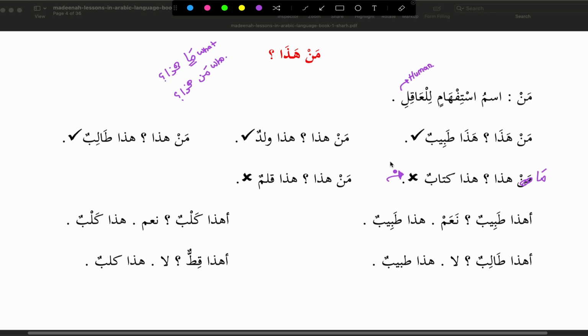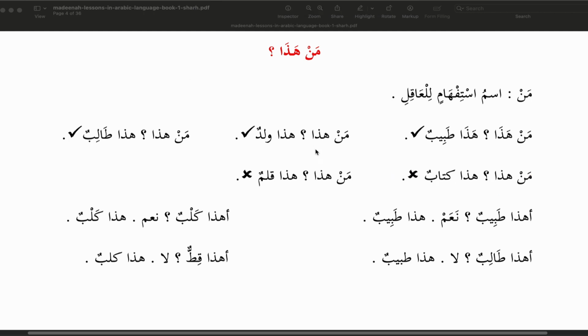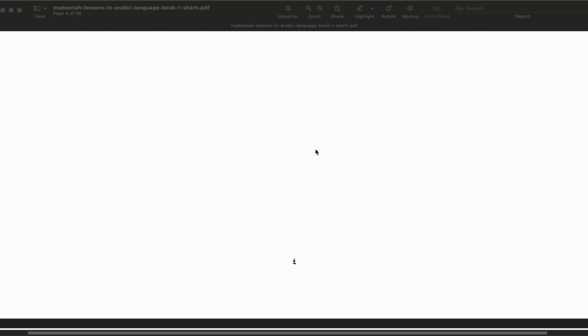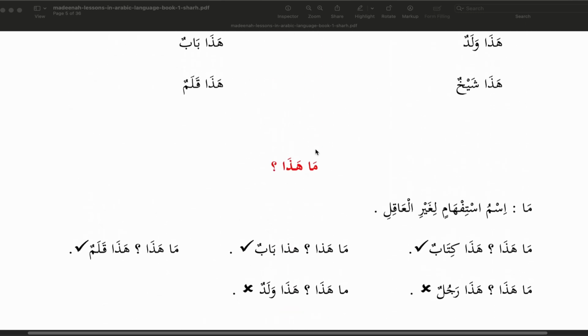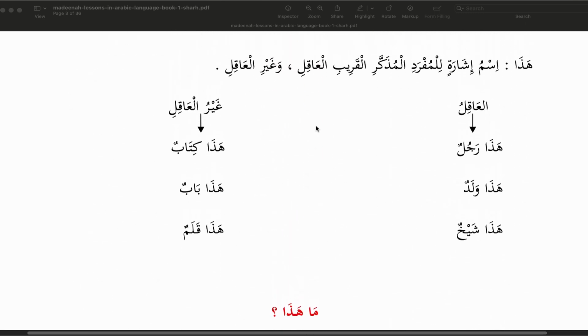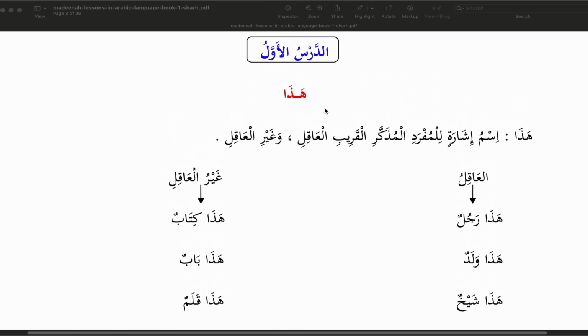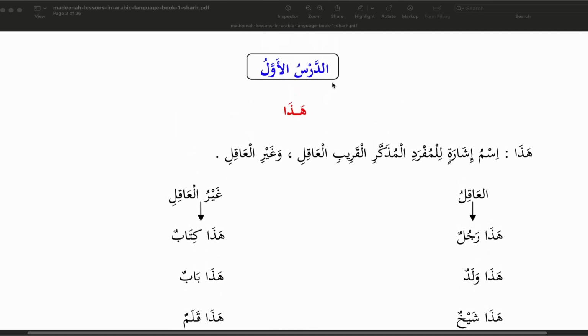طيب. So with that, inshallah, bismillah, we end this chapter. I think there is nothing else now. So that is chapter 1 of Medina Book 1, the grammar rules. Inshallah, what I would suggest is you download this book. Maybe you print it if you need it, or if you have a tab,